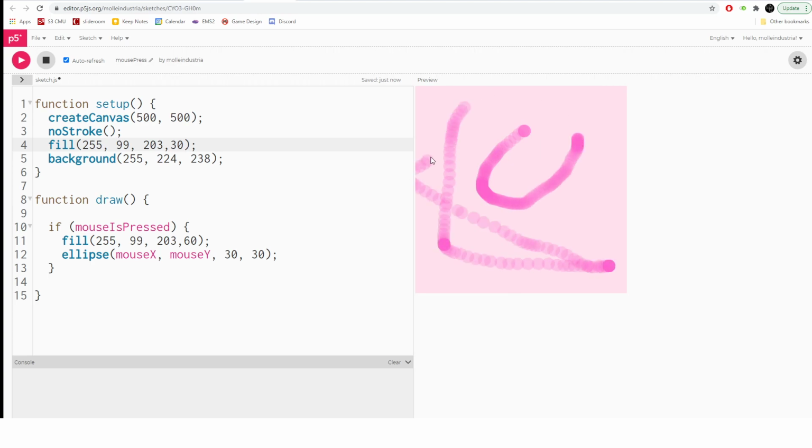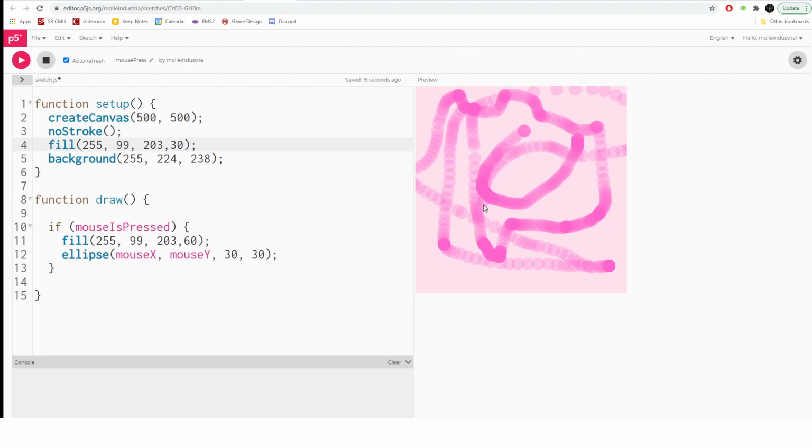If I go faster, there will be fewer overlapping circles in the same space, so it will look more sparse, but also less opaque as a mark. And then I draw the background, the very bright pink here, with some numbers that I picked